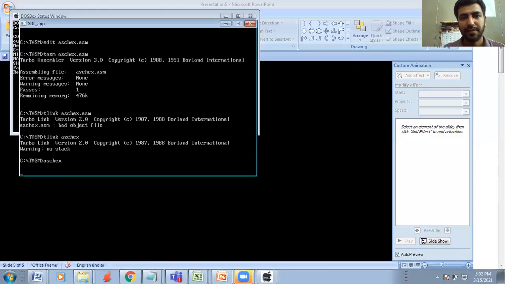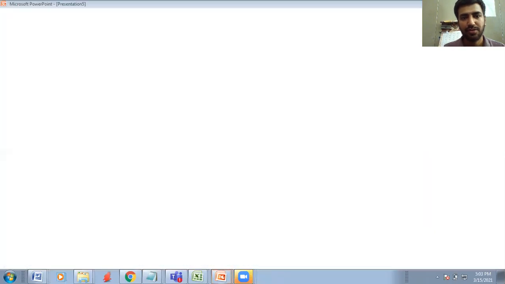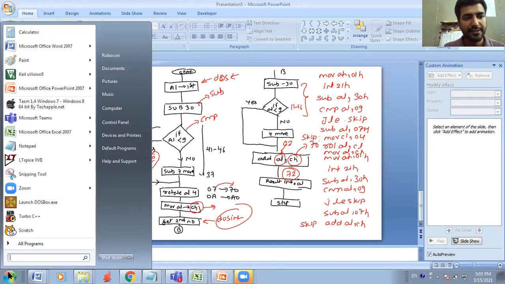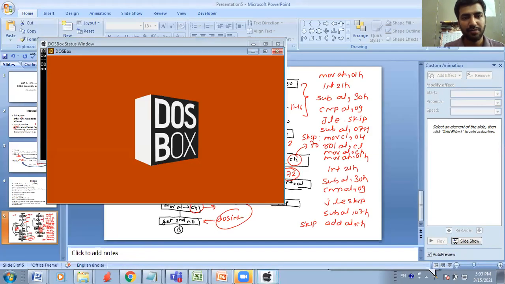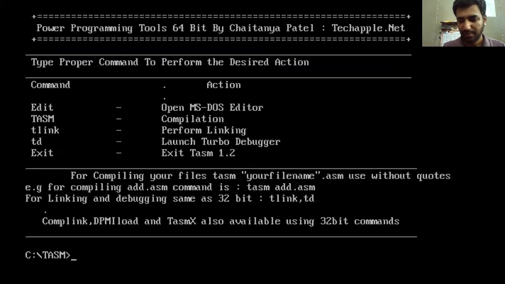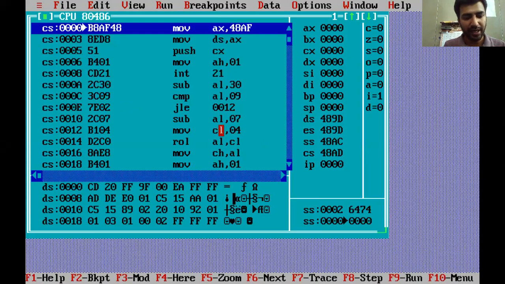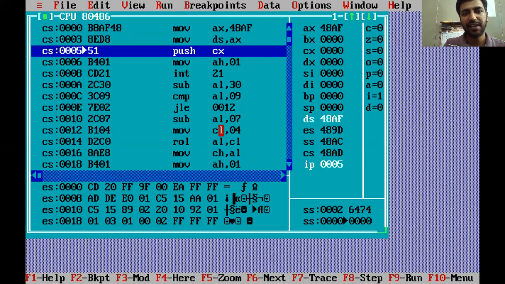Extremely sorry. As the program contains no user messages, it's better to do TD as2hex.asm. So now I can just go step by step, and I can use function F7.